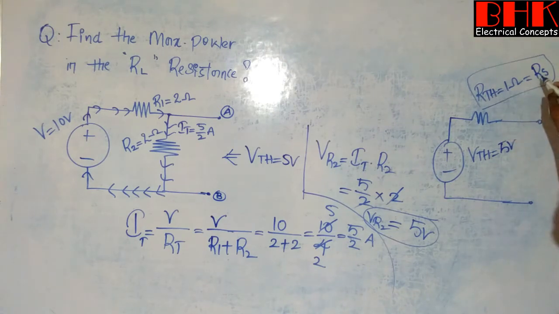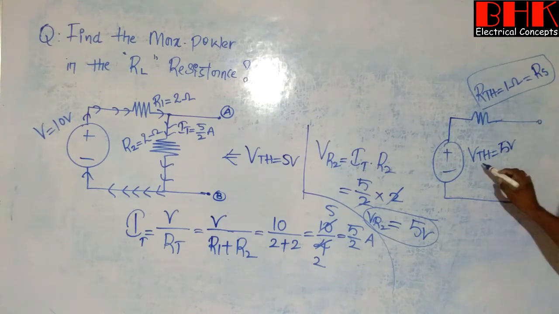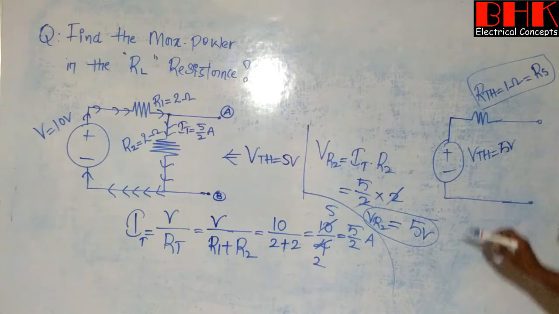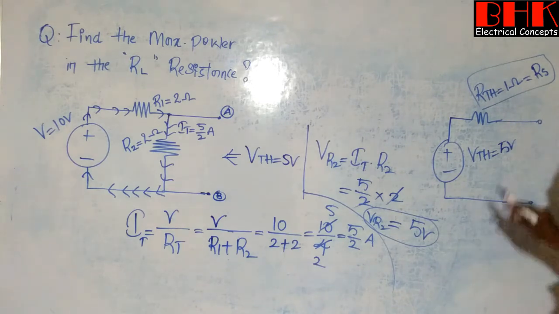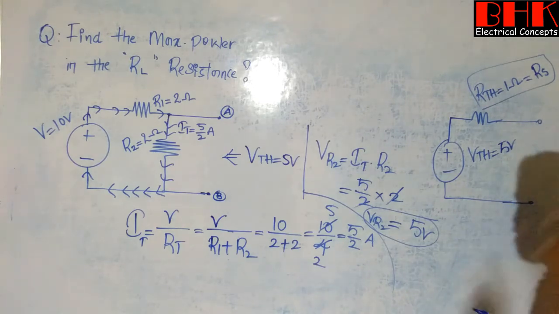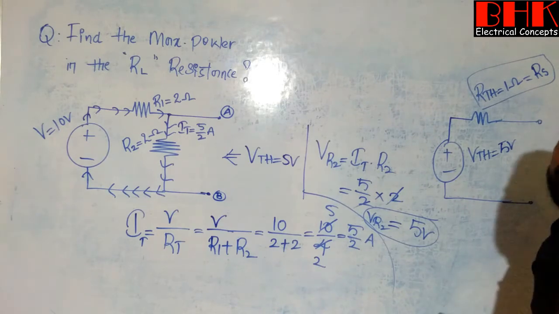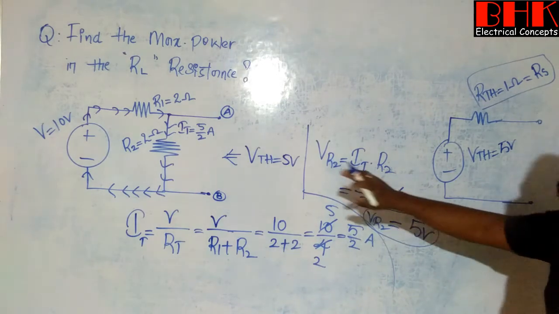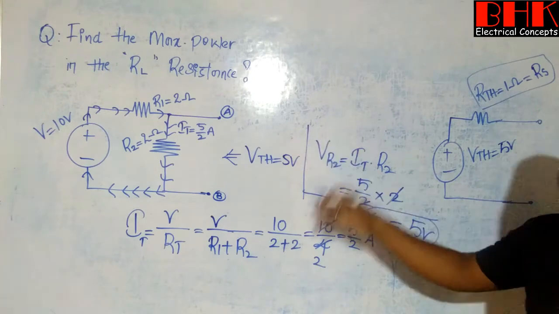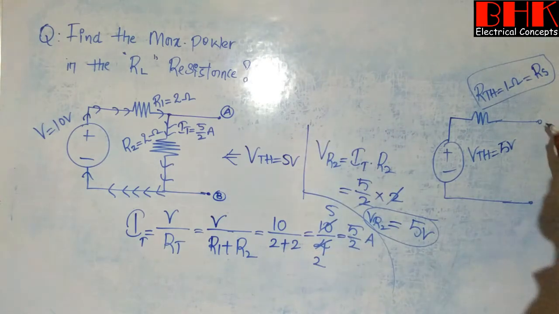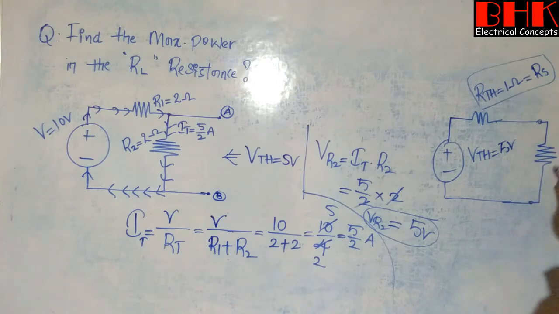So that is the value of what? RS we are considering, and here we know the value of Thevenin voltage. What is the remaining step? Yes, actually calculation of maximum power in the load resistance. Clear? So initially we disconnected the load resistance from the circuit. Now we need to connect that load resistance across these two open terminals.